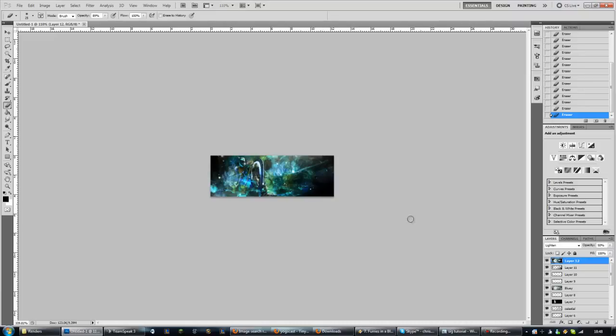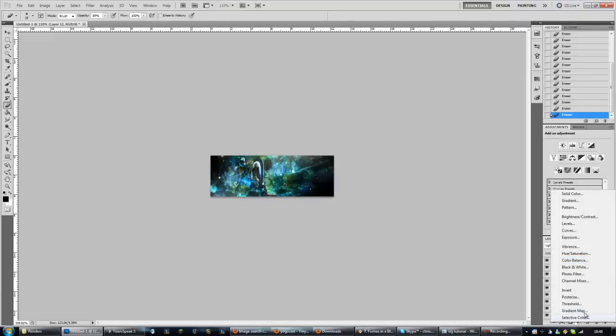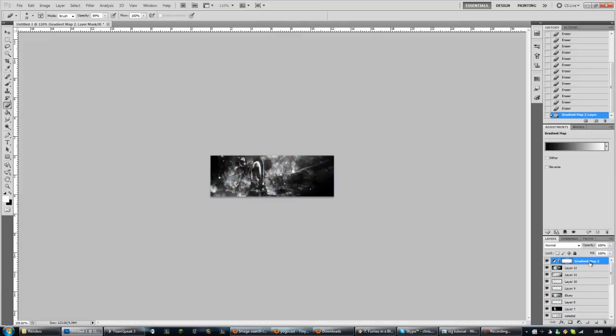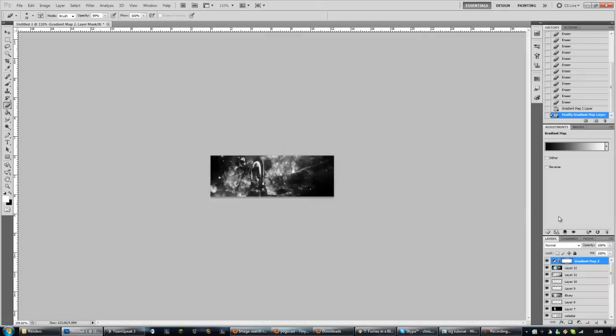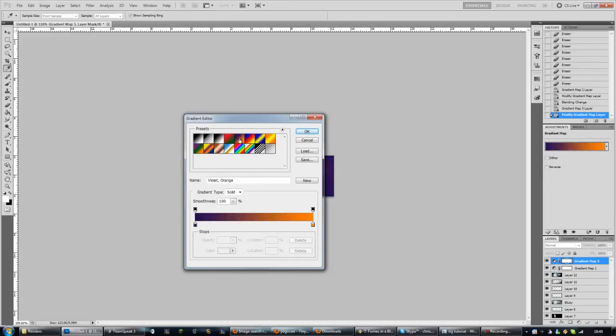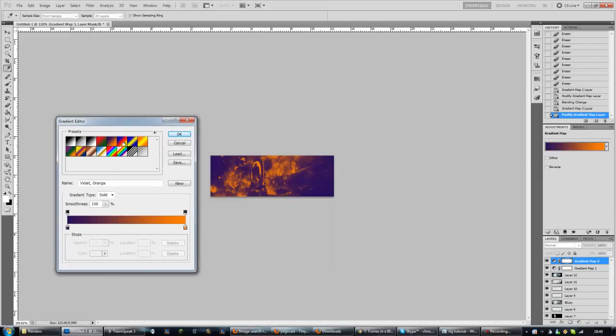The next layer is, you don't have to create a new layer for this, you just click this icon down here and click gradient map, and we're going to do another blue, black and white, put it on luminosity, just makes it look nicer, and then do another gradient map, put that on something like violet and orange,